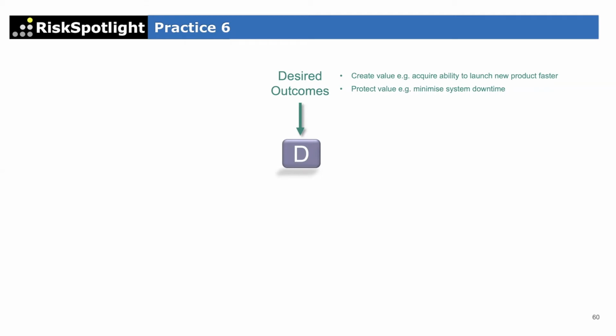Or the outcome may be to minimize system downtime, that maybe we have to buy an extra server to make sure our system has enough capacity so that it can reduce the downtime. And now we have to make the decision saying, okay, do we invest another 200,000 pounds in that server? But in that case, the objective will be to protect value and not to create value. So those are the two possible desired outcomes of any decision any organization is making anywhere, whether it's a strategic decision or an operational decision.